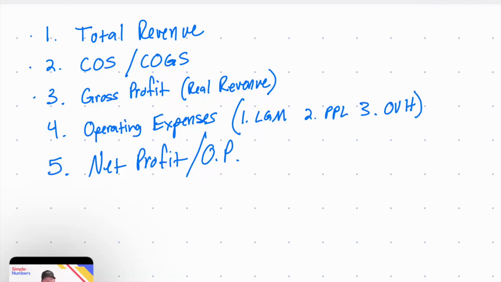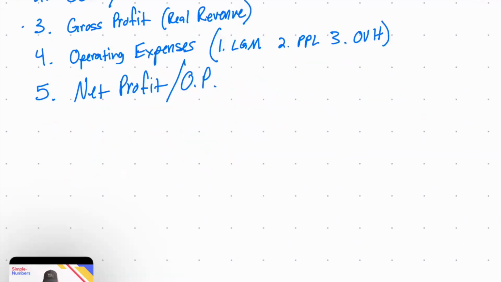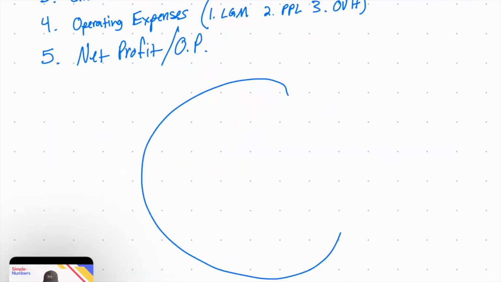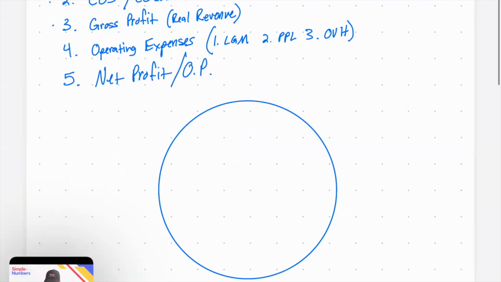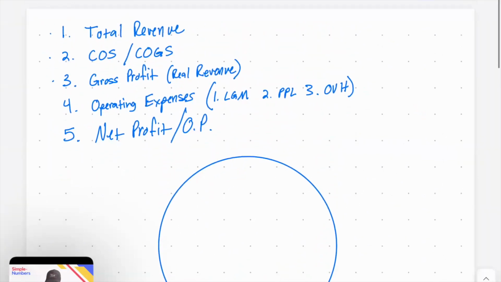Now that we're clear on the 5 key numbers in our real estate business, I want to talk about what the model should look like. So let's say we were starting with a $1 million real estate team. They did $1 million in total revenue. The second thing we'd have to look at is our costs of goods sold, the amount that got paid out to the broker and the agents. Let's say in this example, it was $450,000. That would mean our balance then is